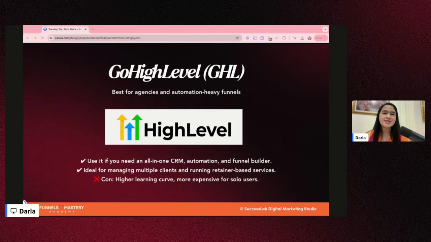Ito din yung lagi kong sinasabi, when people feel overwhelmed when they use High Level, it's because they have everything, right? Na parang pagpunta natin ng mall, ang daming bagay, ang dami mong puwedeng bilhin, ang dami mong puwedeng piliin, right? And it's the same here because the features are very, very complete. Talagang maguguluhan ka din na, "Ano ba dapat ang pipiliin ko or anong uunahin ko? Dapat gamitin ko ba 'to lahat?"